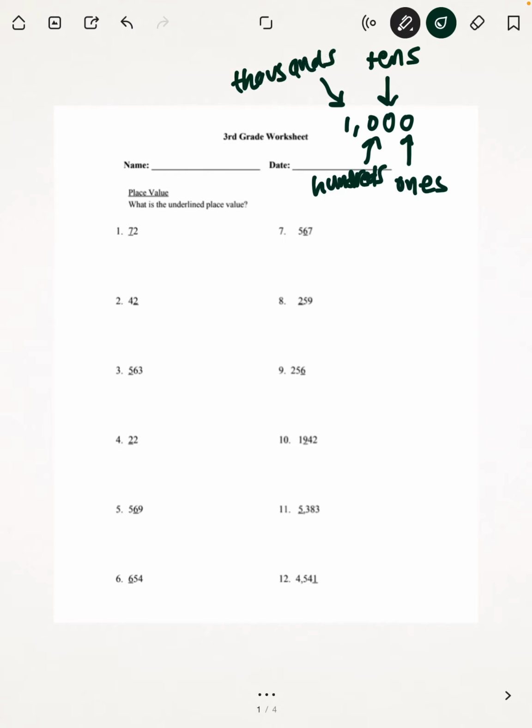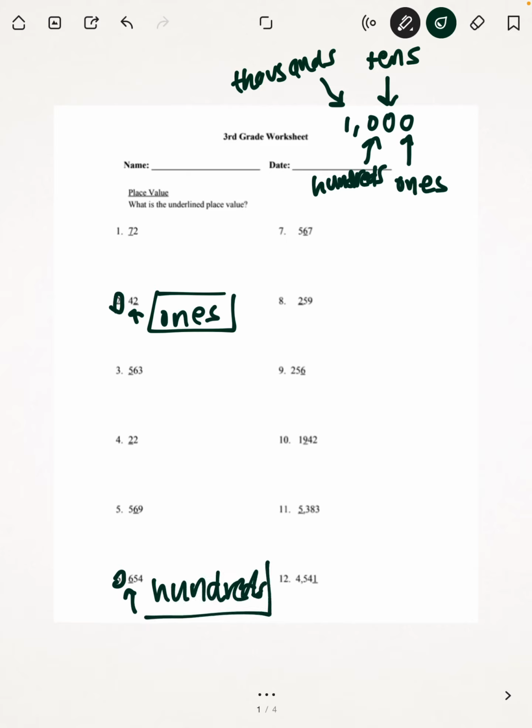Now we're going to be doing some example problems. So we're going to start off with number 2. 42. The 2 is underlined, and as we could see, that is the number farthest to the right, therefore the 2 is in the ones place. Next, we're going to be moving on to number 6. 654, and the 6 is underlined, and that is the third number to the right. And if we look here on the top, 1000, the hundreds is the third number to the right,